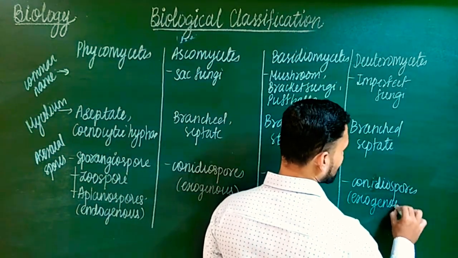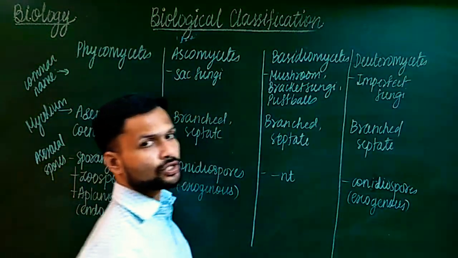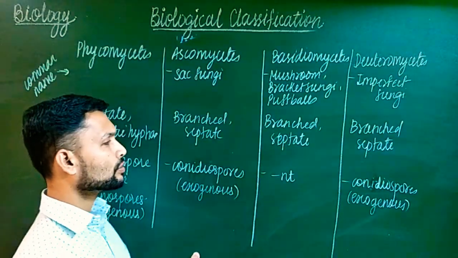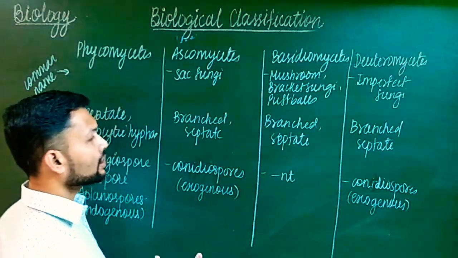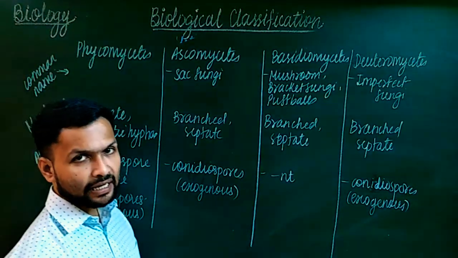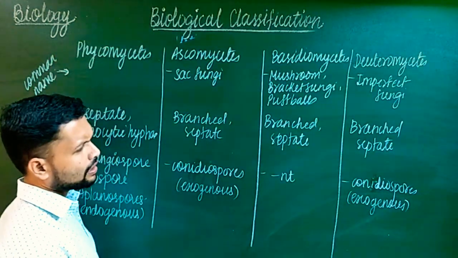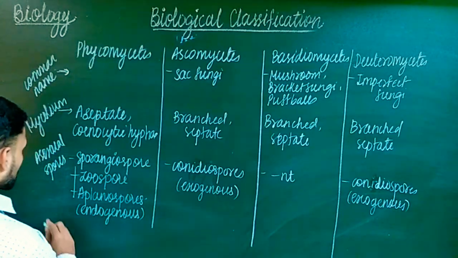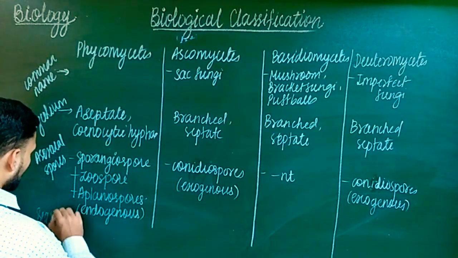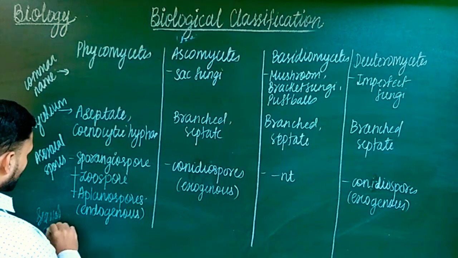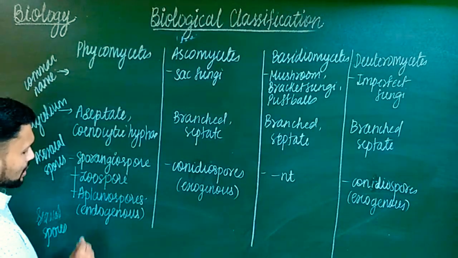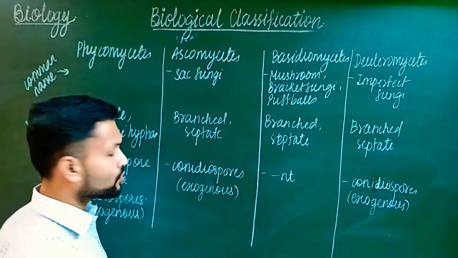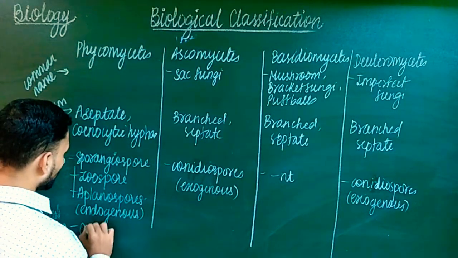So these are the most important points to distinguish, or the entrance part, which examiners generally ask, either which of the following statements are correct, or which type of spores are produced in that. Next one is the sexual spores. So in case of sexual spores in Phycomycetes, as we know, we studied oospores